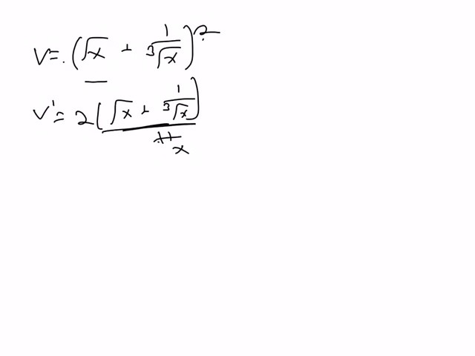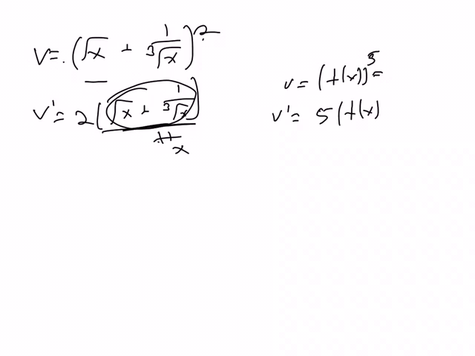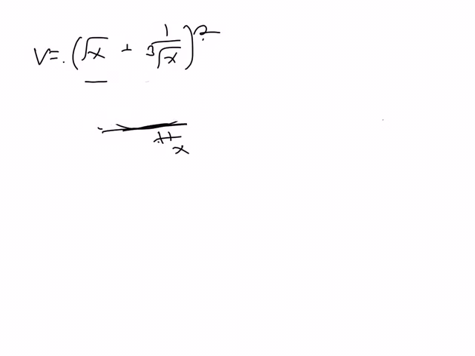This is not equal to x. It's some function. The rule does not say that if, let's say, v is equal to f of x to the fifth, then v prime is equal to 5 f of x to the fourth. This is not true. This was only true if f of x equals x, but it's not true for any f of x. So you can't just bring down the 2. That doesn't work. So the way we're going to do this, because we don't know the chain rule yet, is